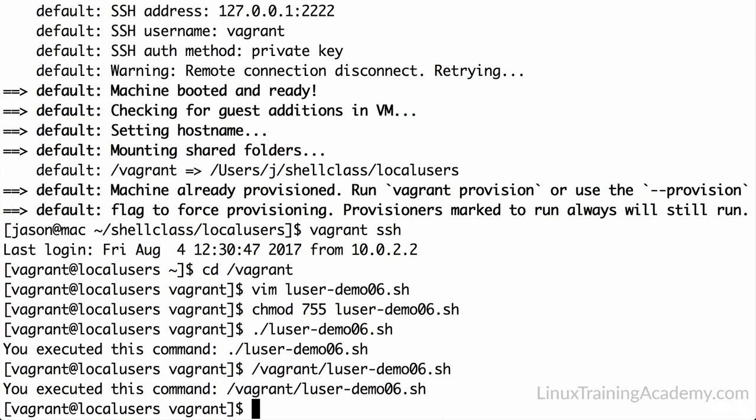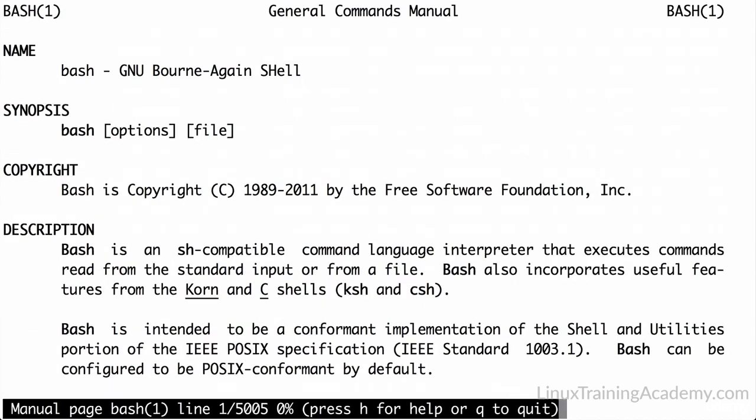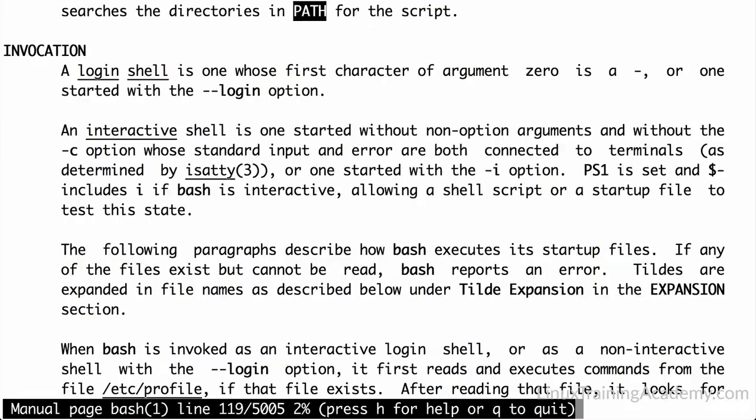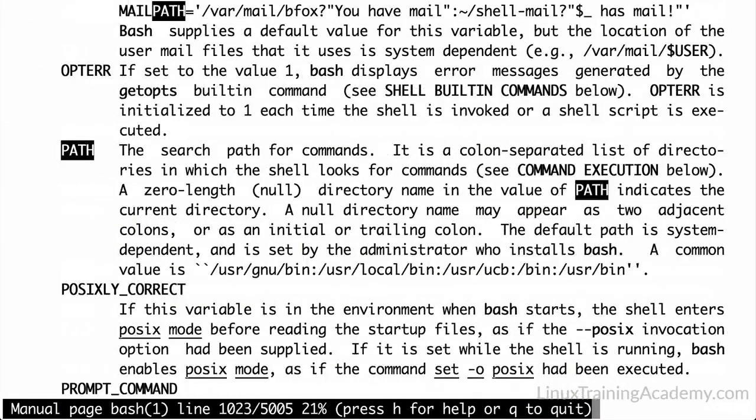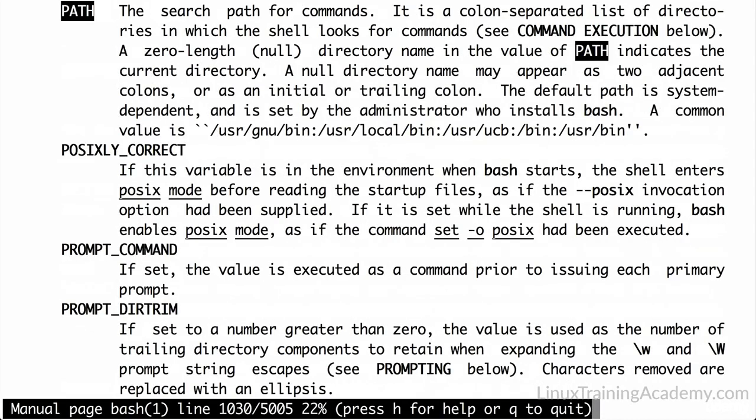Up until this point, we've just been supplying either a full or relative path to the scripts we've created. Let's take a quick look at what the bash man page has to say about the PATH variable before we move forward. Okay, we'll do a forward search with a / followed by PATH. We'll just keep hitting n until we get to the PATH variable. And here it is. It says that PATH is a colon-separated list of directories in which the shell looks for